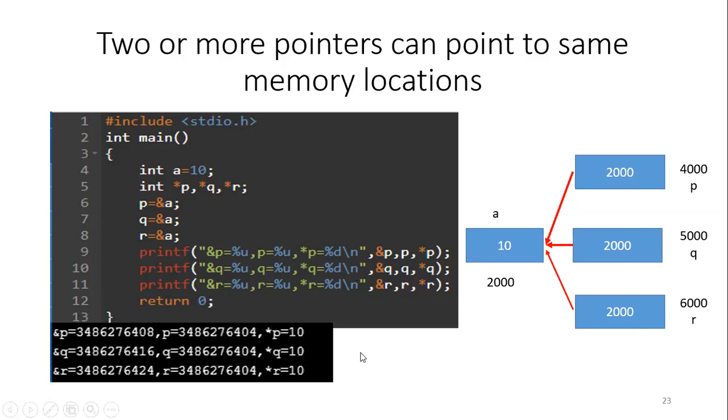So according to your system, at that particular time, whatever memory is allocated to a particular variable, that will be printed on the screen. So as a user, when you run the same program again in your computer, you will not get the same address to be printed because address is allocated to a particular program when the compiler runs that particular program. So it is not necessary that every time it has to allocate the same memory to that particular variable. So when you run the program at different times, you may get different answers. Thank you.